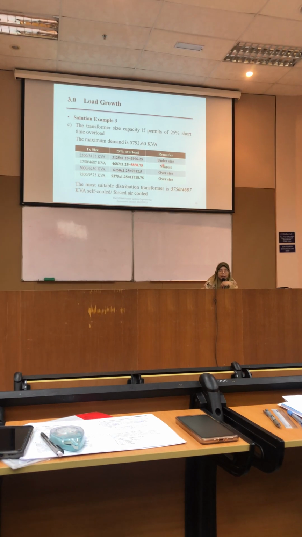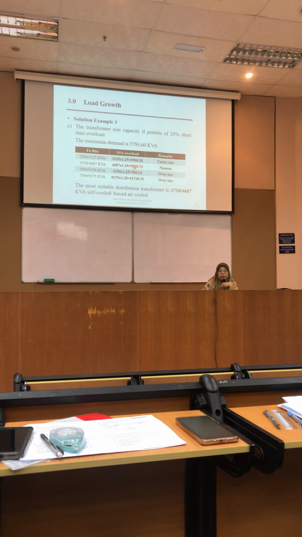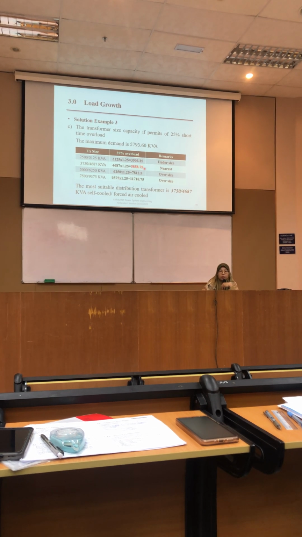So it is undersized. Our maximum demand is 5793. This type of transformer can provide 5855.75, so this one is the nearest. As compared to this, 7000 and 11000 are oversized. So the most suitable distribution transformer is this type,